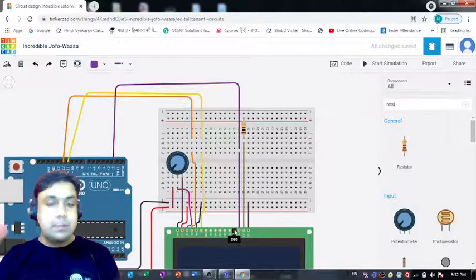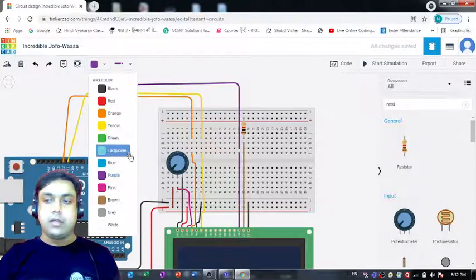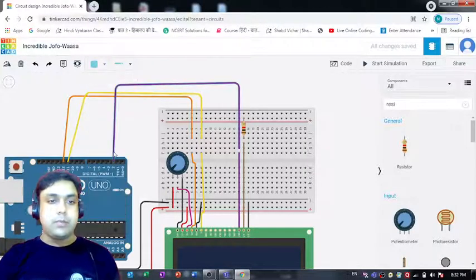Right, now DB6, it's DB6 that we have to connect. So we can simply select another color. So I'm selecting this one. Let's first connect it to this pin. Right, then what is the next pin? It is pin number 3.